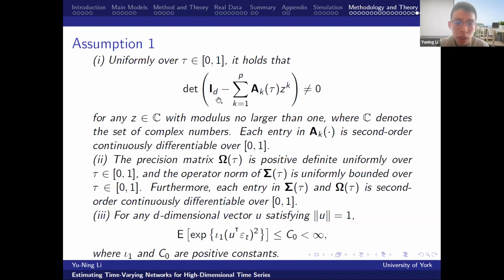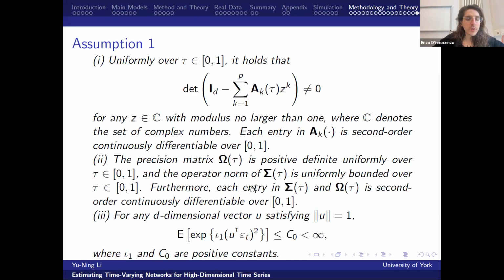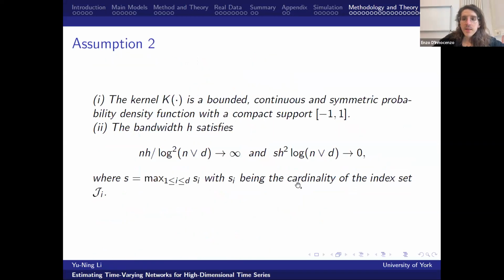Okay. Let me show the VAR process. First of all, our model is non-stationary, but we need to assume it is locally stationary. So for each time t, the parameter should make sure this model is stationary. And then we also have the exponential tail condition for the variables. Do you assume sub-Gaussian? Yes, sub-Gaussian type. Okay, thanks, because then you get nice concentration inequalities, I suppose. Yes, you are right.